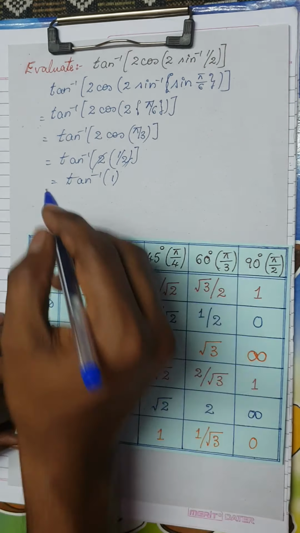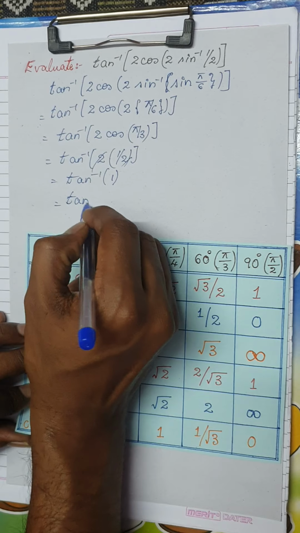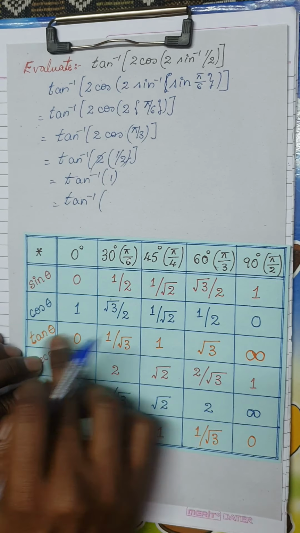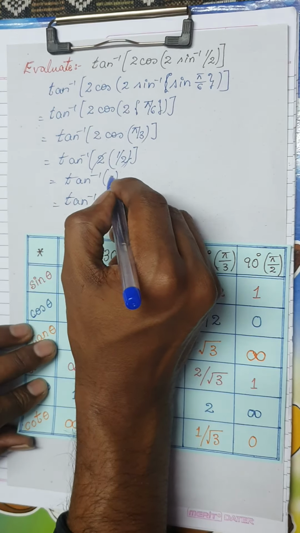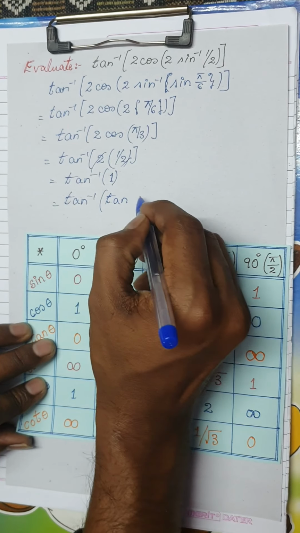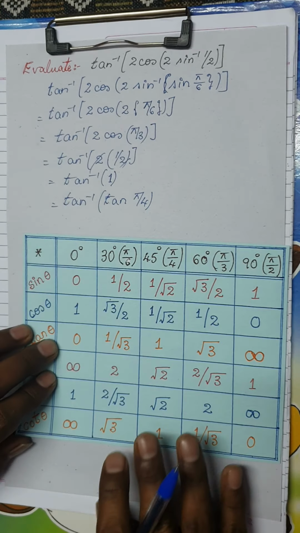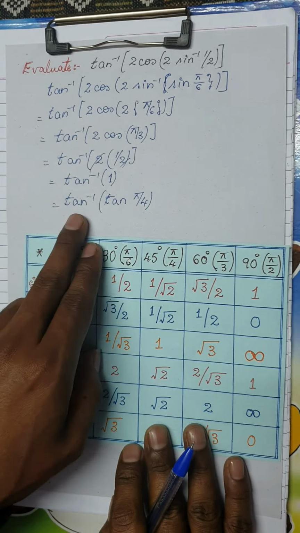Again, we know for 1 the standard angle is tan pi by 4. So this 1 can be written as tan pi by 4. Now tan inverse and tan can be cancelled because it is in the range of tan inverse of x. So that is nothing but pi by 4. So the solution of the given question here is pi divided by 4. It's a very simple question. They have not asked you until now, but if they ask you, you can easily solve it. Moving on, I have the next question.